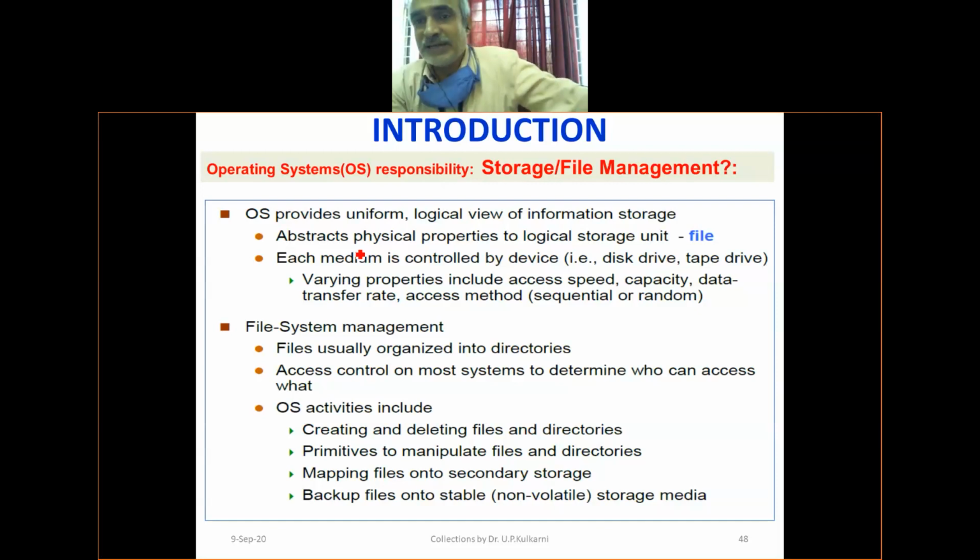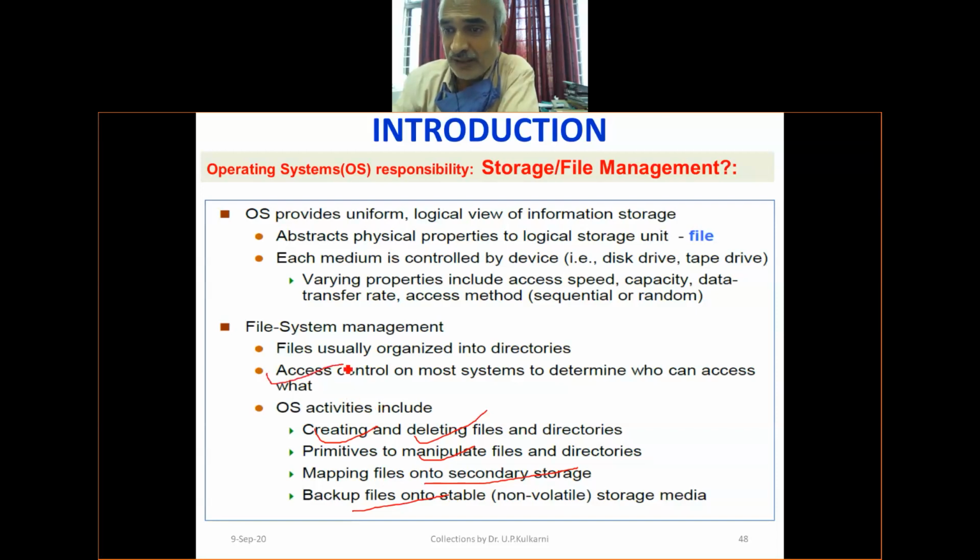Are you getting it? The .c program, that is a file. The executable of a file, a.out, is a file stored in the disk, right? So file management in terms of opening a file, closing a file, creating and deleting a file, manipulating a file, you go and edit that one, right? Who will provide the facility? Operating system, right? It stores in secondary storage, it does a backup if required. And who can access the file, who cannot access a file. I think this exercise also I'll show you in the next laboratory session,